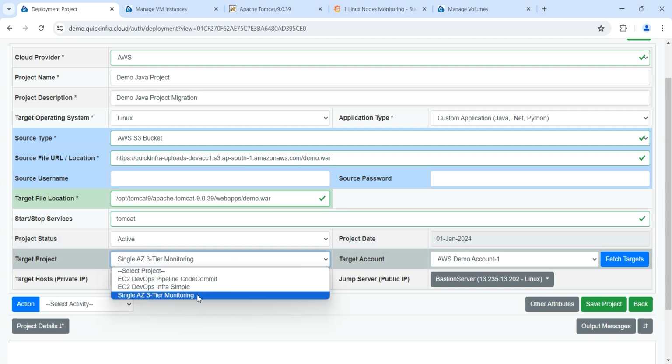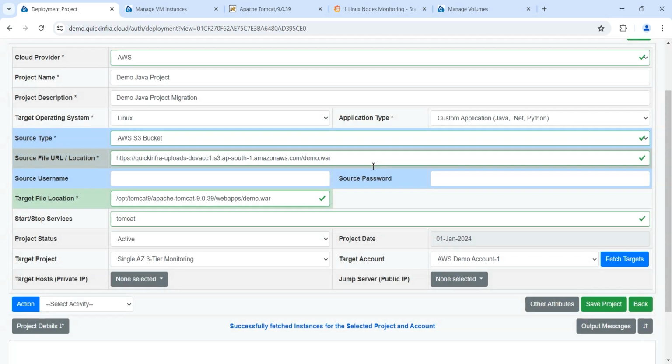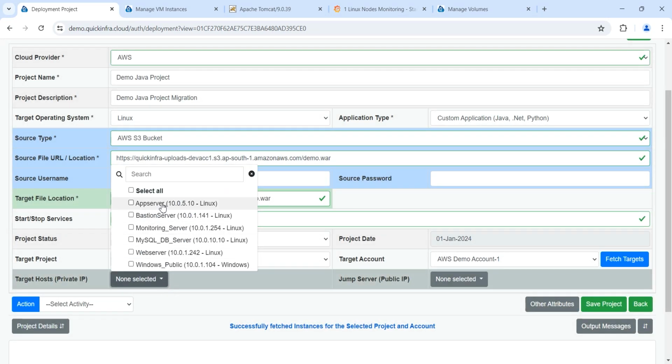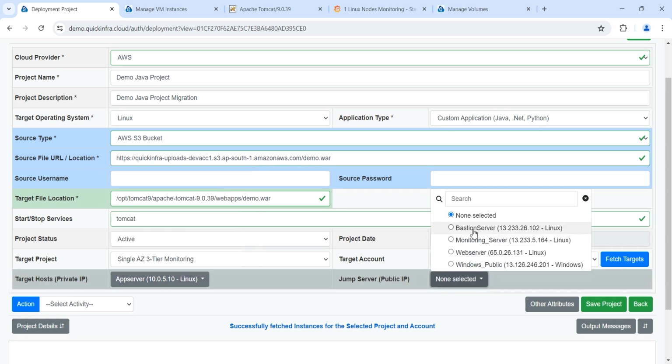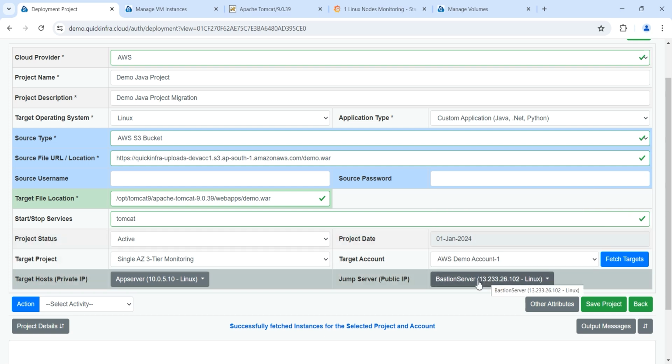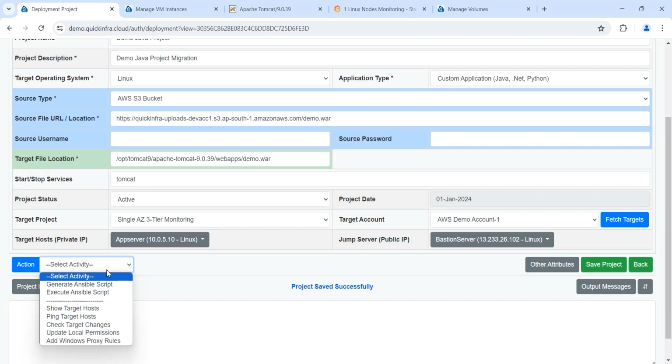So here we will select the target infrastructure project in which we want to deploy the Java application. This is my demo account. I will connect to it, fetch the application servers. So for demo purposes, we have created only one application server. Again, this is in a private subnet, not directly accessible over the internet. So we will log into the jump server and then tunnel into the application server and deploy the application. Save the project, generate script,